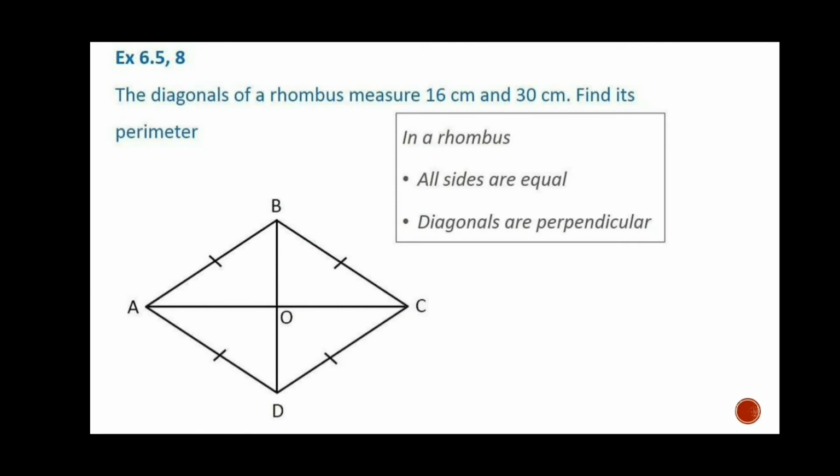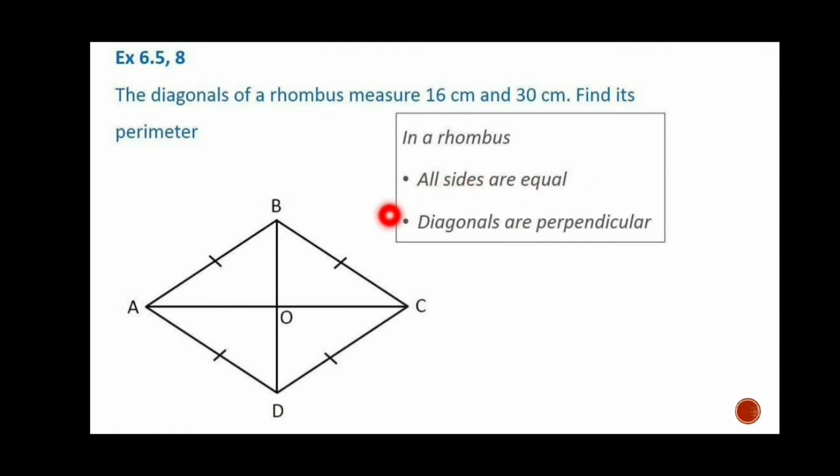Now the last question of the exercise is: the diagonals of a rhombus measure 16 centimeter and 30 centimeter. Find its perimeter. Now you can see this is a rhombus and the diagonals of the rhombus are given, 16 and 30. So first, before we solve this question, we should know the property of the rhombus, that all sides